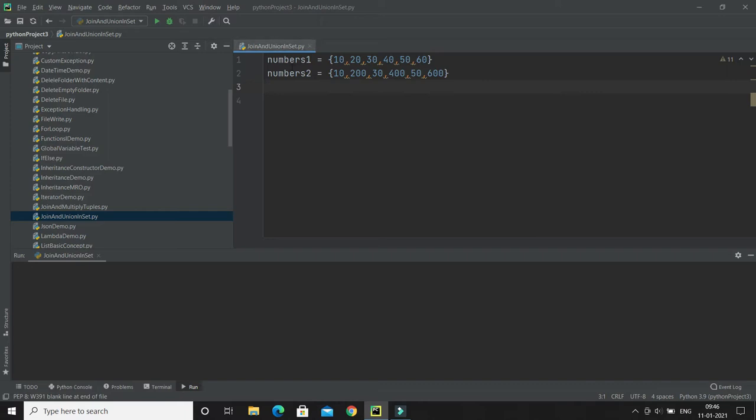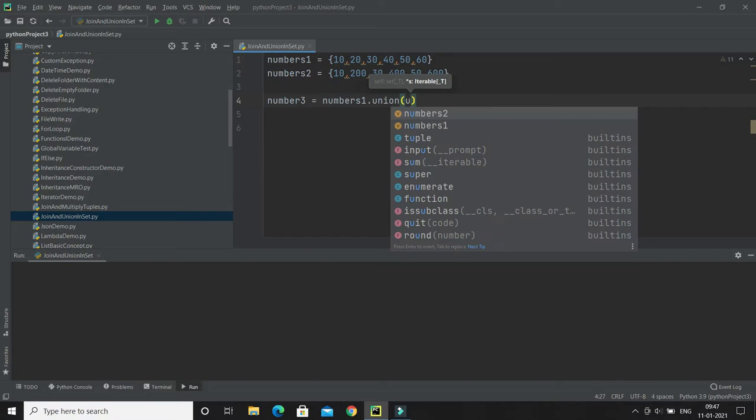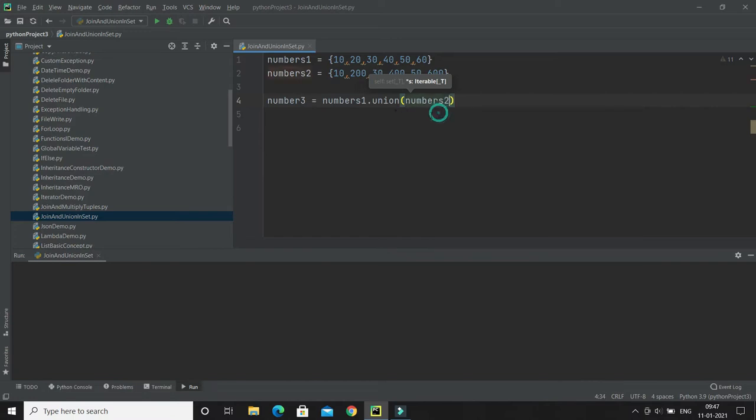Let's say I have two sets, numbers1 and numbers2, both containing a set of numbers. Now I would like to get the union of these two sets. When you get the union of two sets, you get a new set. You have to keep this in mind. So I write numbers1.union and pass numbers2.